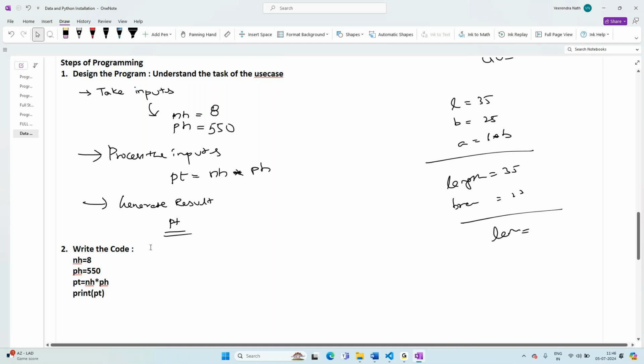Yes. Now we wrote this in a notepad. But in a notepad, can you go for the next step? What is the next step? Check for the syntax errors. Can you do that here in the notepad? No. Now we require software. Yes, now it's time to install the software. So the next topic is